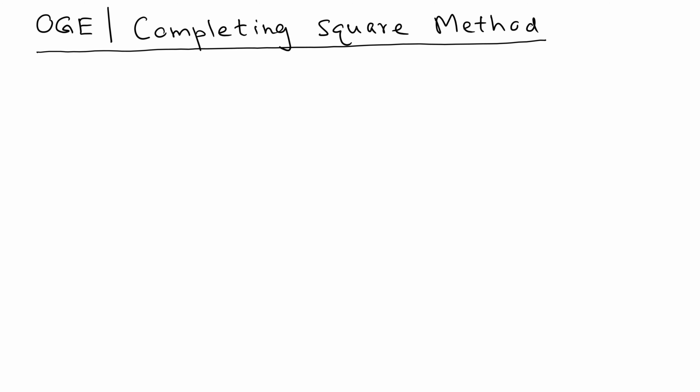In this video, we're going to learn the completing the square method. The completing the square method is based on a special factorization argument. So for example, let's look at this special